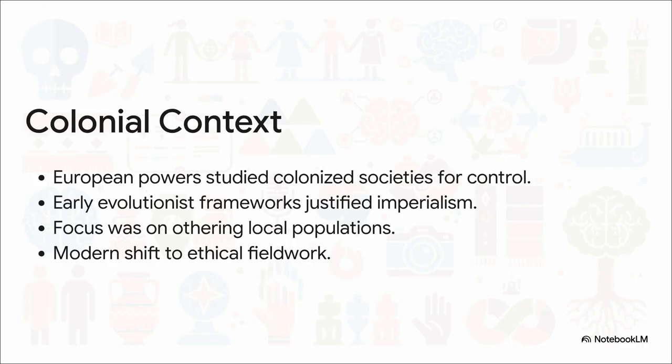Do not forget to mention the discipline's own history. Explain how anthropology actually started as a tool for colonial administration, but then evolved into a science grounded in human rights and cultural relativism. Early on, anthropologists used evolutionary frameworks to rank societies and essentially justify European imperialism. They were deeply involved in othering these groups. You must contrast that history with modern anthropology, which relies on informed consent, collaboration, and deep ethical reflection.